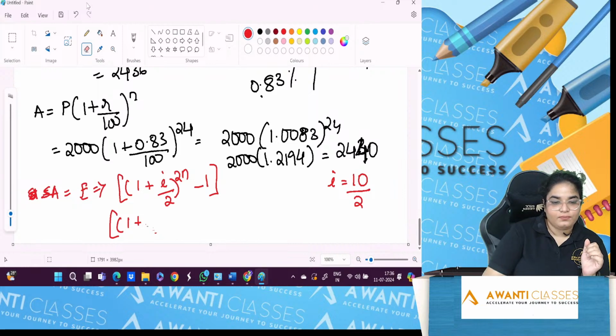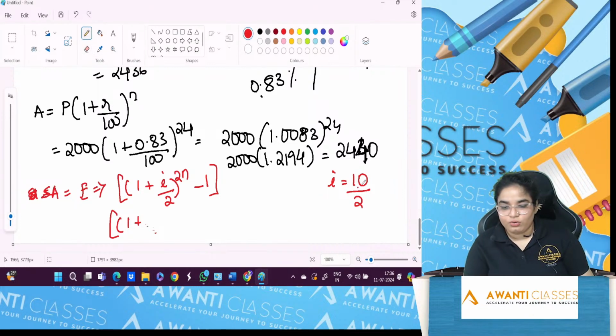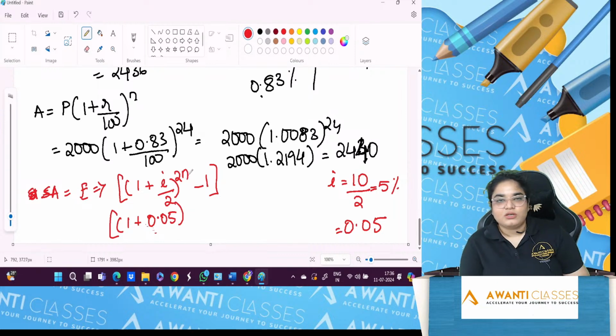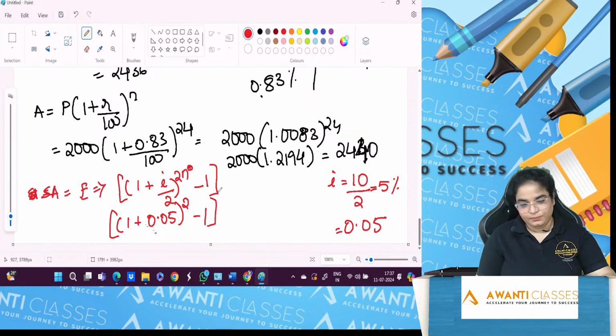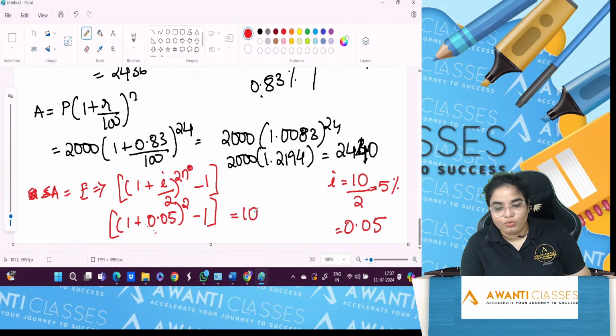So 10 by 2, 5%. 5% is how much? 0.05. Yes, 0.05. 2. How many times in 1 year? 2 times. Yes or no? So, 2 times minus 1. How much are you getting? Is equal to 10.25%